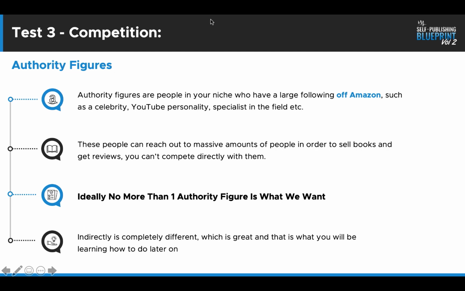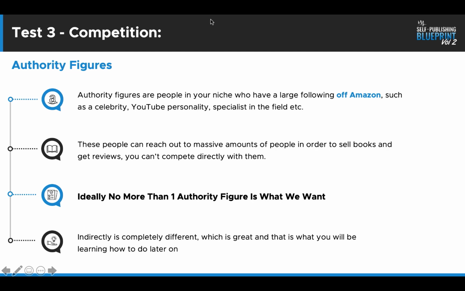Okay. So these are people like, in the money niche, Robert Kiyosaki or Dave Ramsey. They are celebrity status people. They have massive, massive followings. You're not able to compete with those type of people at all. In the self-help space, somebody like S.J. Scott, for example, he's not a celebrity by any means. He's your average Joe, but he dominates the habit market. And you're not going to be able to compete with his books because he's carved out such a large area